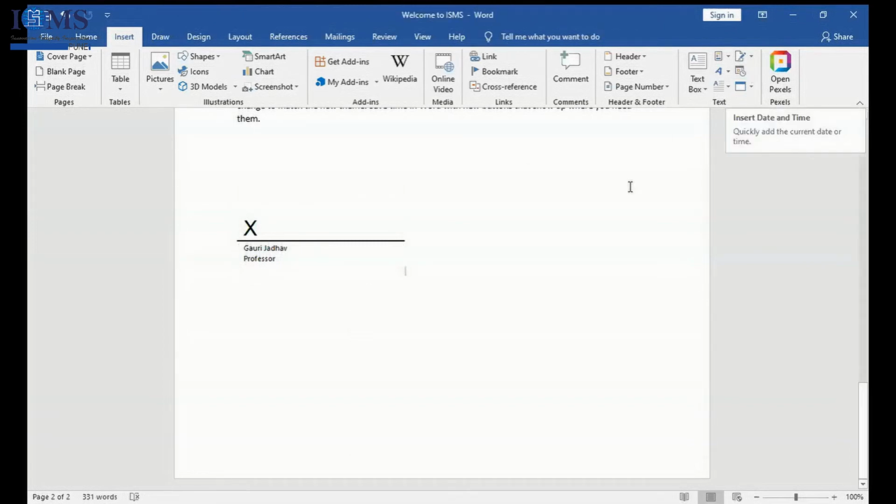Suppose we are all sitting in a meeting and you are asked to write the minutes of the meeting. Now at 3:48 p.m., I'm teaching you how to insert the current date and time of the system. Some time ago, at 3:40, I taught you how to add a signature line. Now all these pointers and specifications of the meeting I have to maintain with the minutes: every minute what has happened, what the committee members said. So I have to note everything.